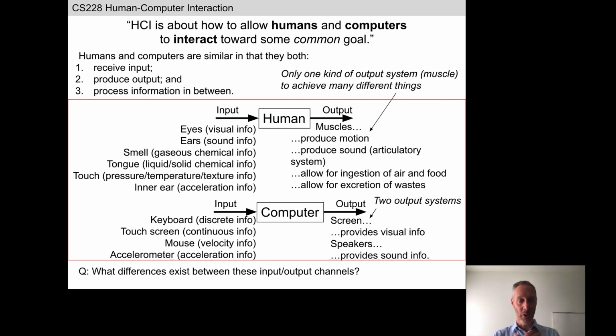So your sense organs sense change in the environment at a certain frequency or a certain rate in time, which is often different from computers. What other differences exist? So more biological for humans, of course, because we are biological. What is it about biological input devices, biological sense organs, like eyes and ears and smell, that differs from input devices for computers? Analog versus digital.